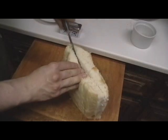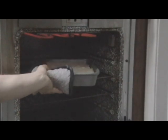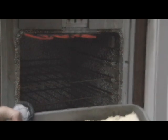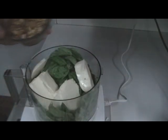Slice the bread open long ways. Toast or broil the bread halves very briefly at 350 degrees, just long enough to make the top of the bread lightly crispy. The next step is pretty easy. Just mix the rest of the ingredients in the food processor